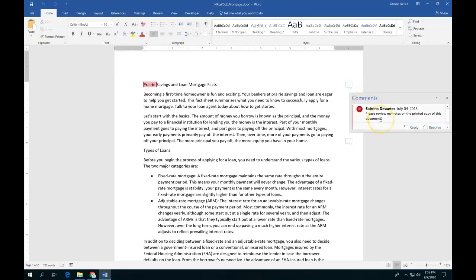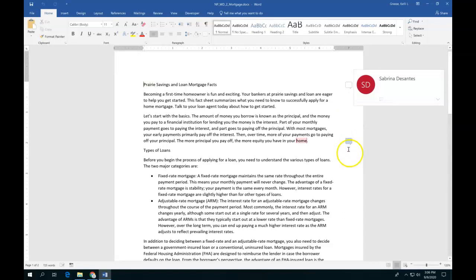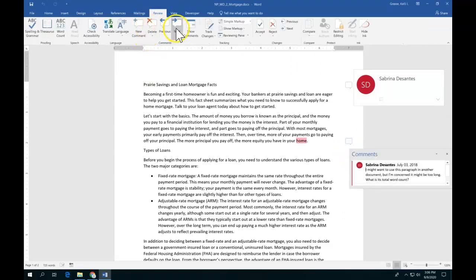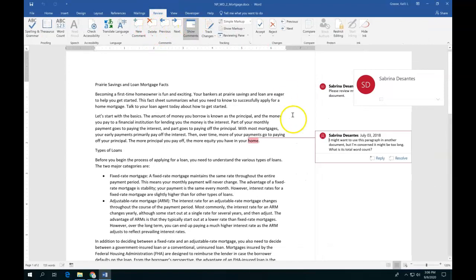And here, Sabrina commented, please review my notes on the printed copy of this document. Well, obviously we don't have the printed copy, but you can see there's a comment letting people know that she had maybe distributed a printed copy. So I can go along each comment like this, or I can go to the Review tab and click on Show Comments, and then I can see them all